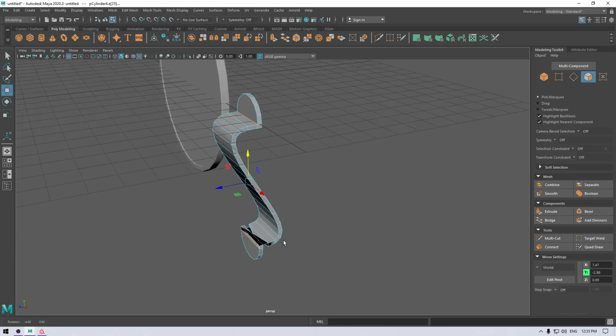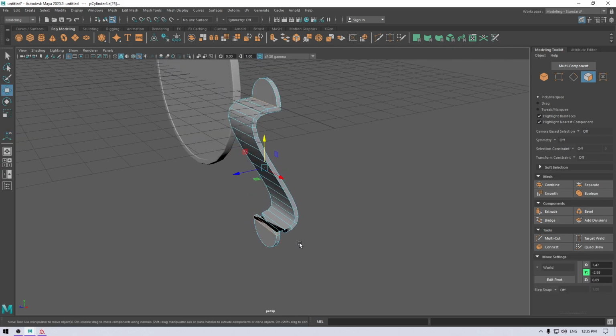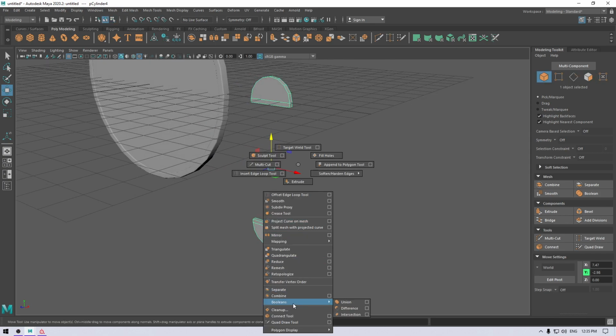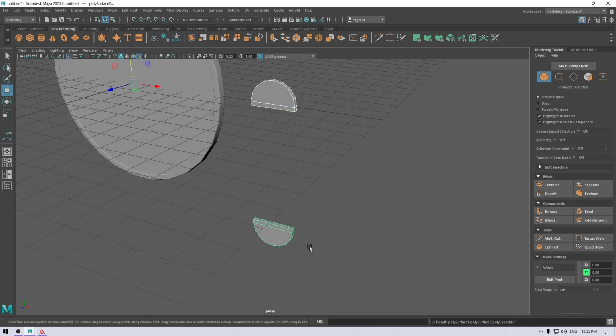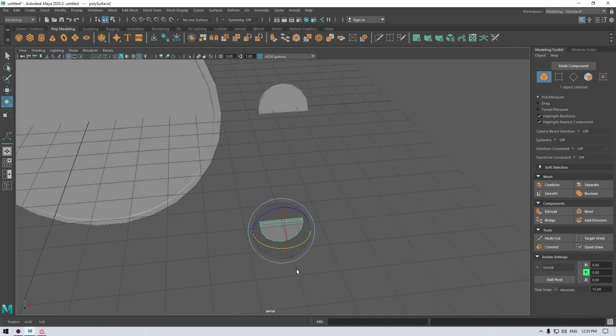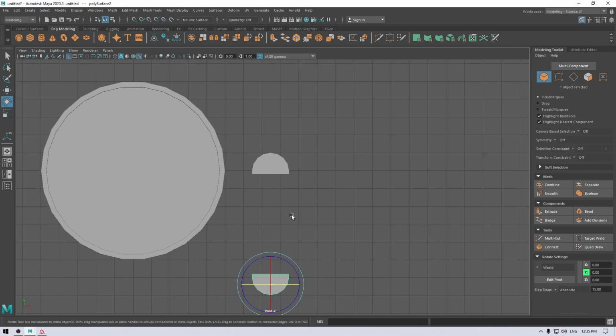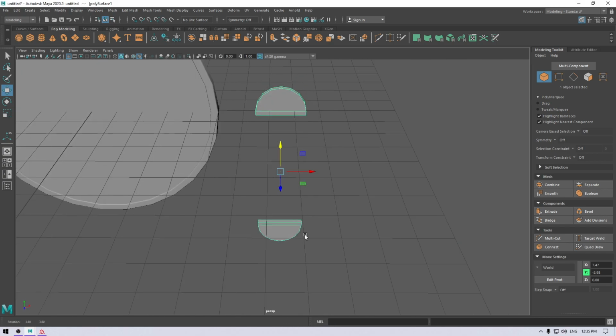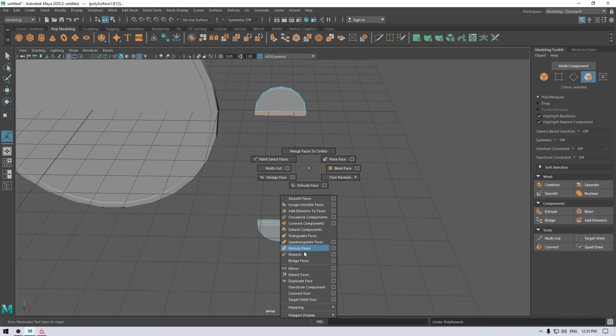Now we are facing this issue because this part needs to be rotated. So separate them and rotate it like this. Again, select both of them, combine, go to faces and bridge.